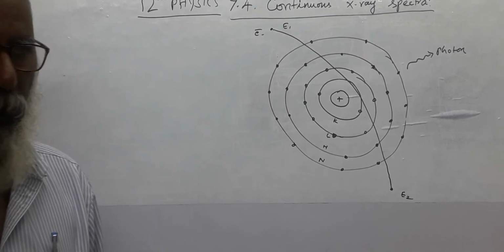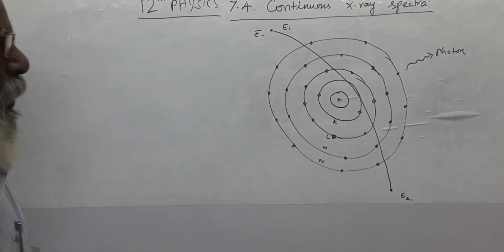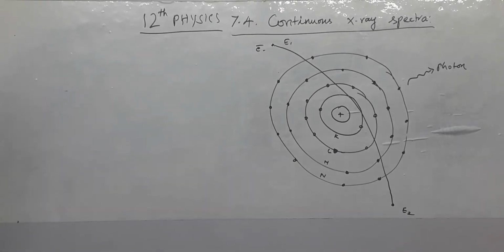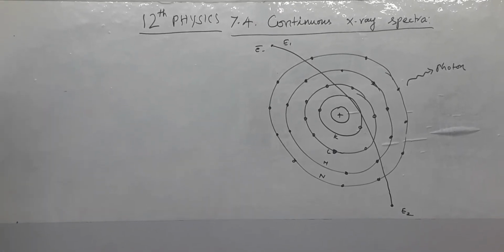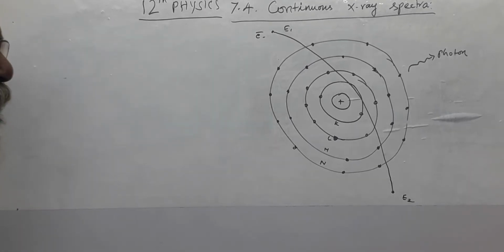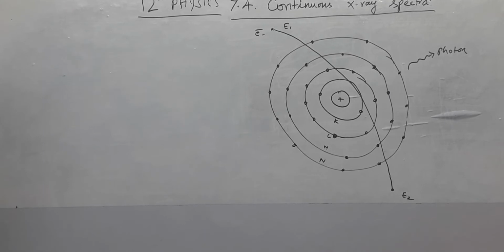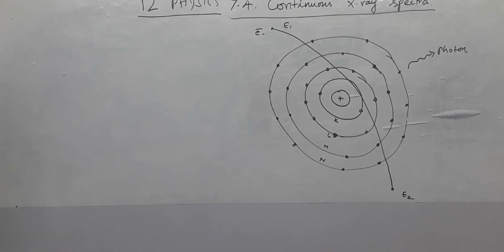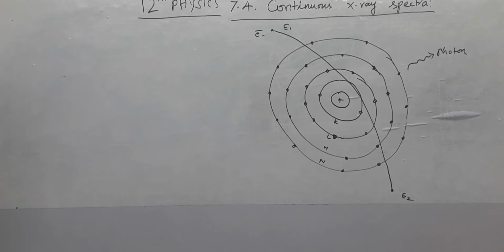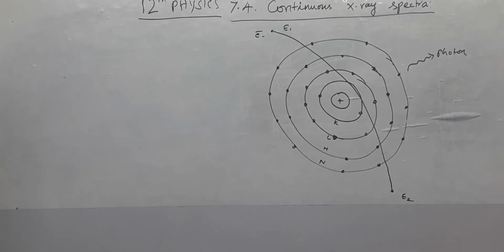In 12th Physics second volume, section 7.4: Continuous X-ray Spectra. In the last class we saw how X-rays are produced in a discharge tube. When the fast moving electrons hit the surface of the target, X-rays are produced. Today we are going to see